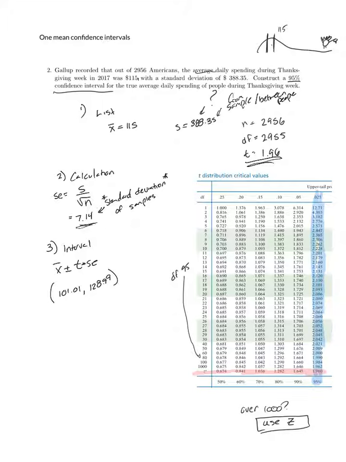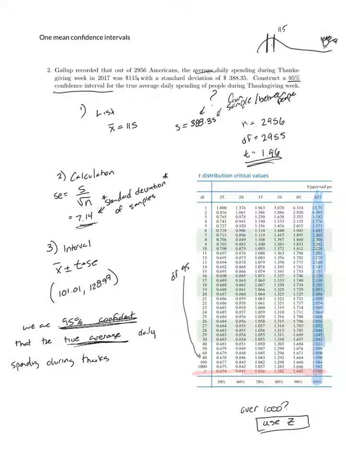Our final step is always to go ahead and summarize our results. So in this case, we're going to say we are 95% confident. Hopefully you're noticing a theme now on which confidence interval we're sticking with. That the true average daily spending during Thanksgiving week, and we're being specific here because spending during Thanksgiving week is probably different than a week in May or Christmas week,